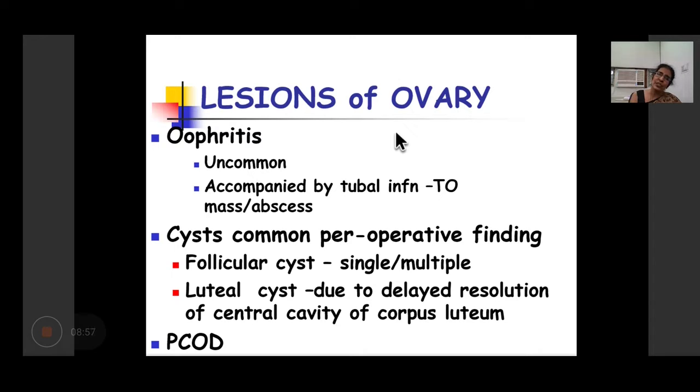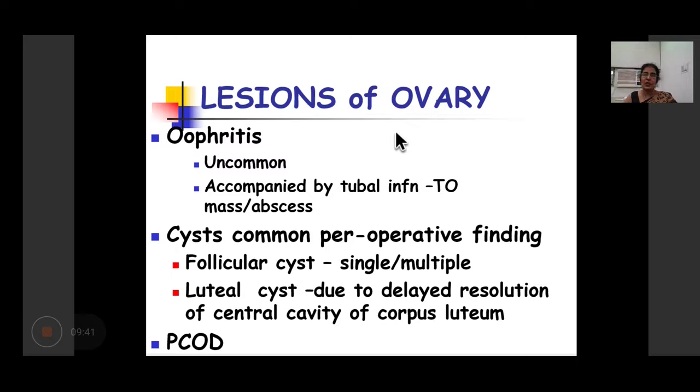Now coming on to the second pathology, which is common in the ovary, you can have cysts which may be found operatively when they are small in size, or the larger cyst may become palpable. Because the ovaries are present in the pelvis, it's only when the cysts become very large that they would be palpable. Otherwise, commonly the small cysts, up to 3 centimeters in size, may be observed just during surgery when you have opened up the pelvis for some other reason. Say the patient is undergoing a cesarean section, and you happen to see both the ovaries having cysts, or you have done an ultrasound or a radiological investigation like CT or MRI for some other cause, and then you can see there are some cysts in the ovaries.